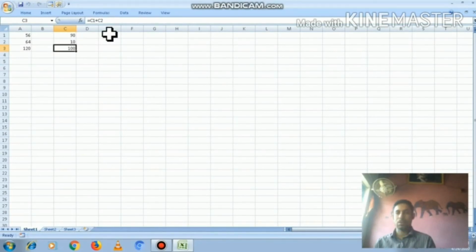This displays the result of the addition of the two numbers of C1 and C2 cell in cell C3 shown. This shows that the recording of macro by using recorder is successful for the addition of any two adjacent cells by pressing the shortcut key, that is Ctrl plus Shift plus S assigned for the macro named as macro 1.